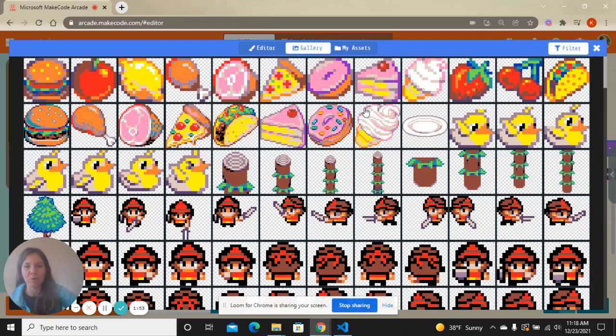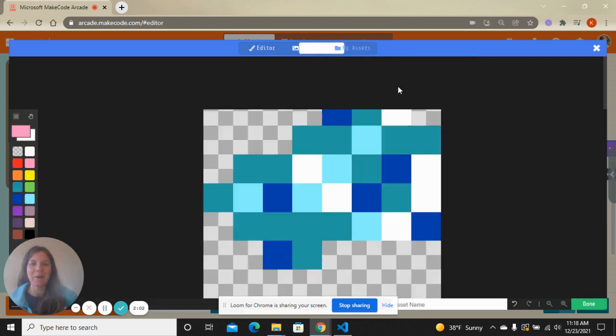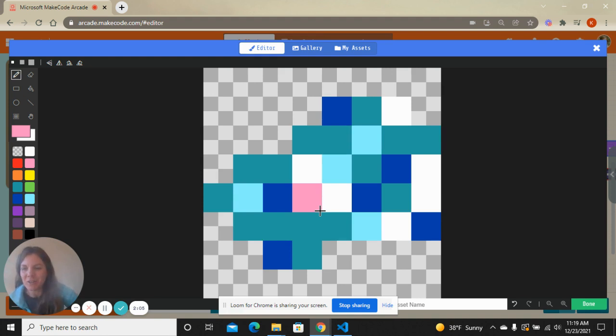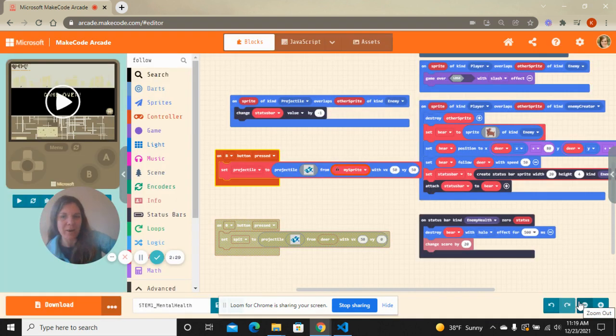The gallery has quite a few projectiles. However, I just created my own because I think maybe deer spit when they're angry. I don't know. So I made a spit block. Things to pay attention to with this: my sprite itself, I think, is 16 by 16 pixels, and that was the default. And then when I created my spit, I just kept the default at 16 by 16 and it was like a huge spit wad. So I did half that size. So I did an 8 by 8 and yeah. Okay, cool. So I created my projectile